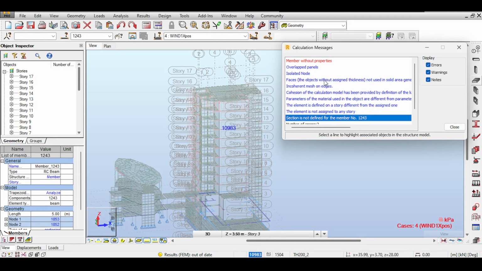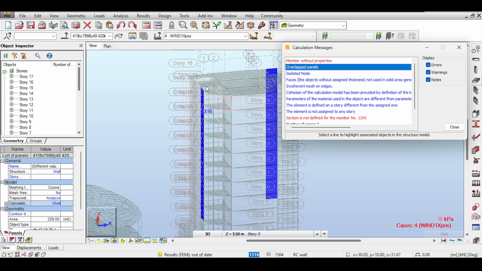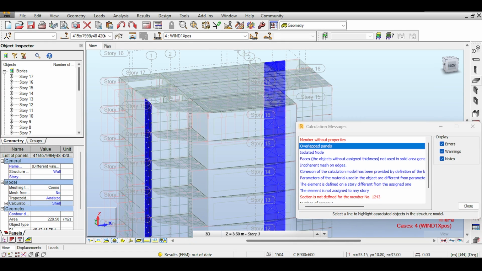Panel. Overlap panel? Oh, yeah, okay, fine. That is something I can fix. Those are the claddings I added. It says my claddings are overlapping, which is of course a big no-no. It seems my cladding is overlapping with